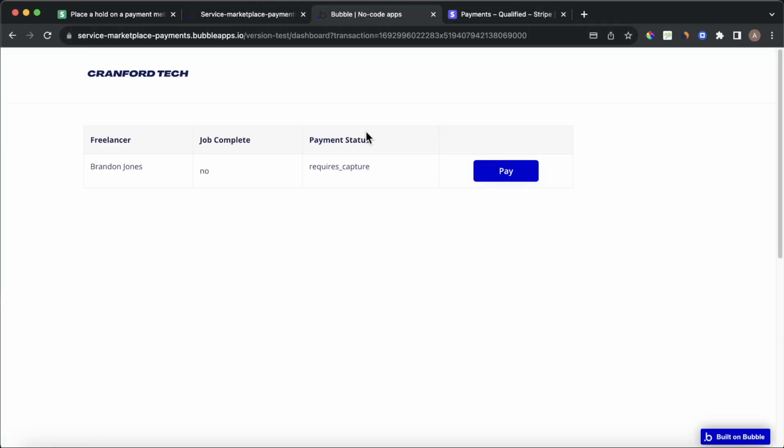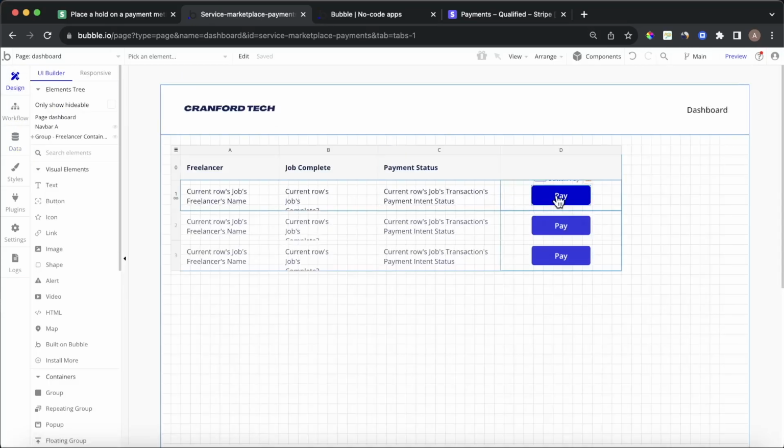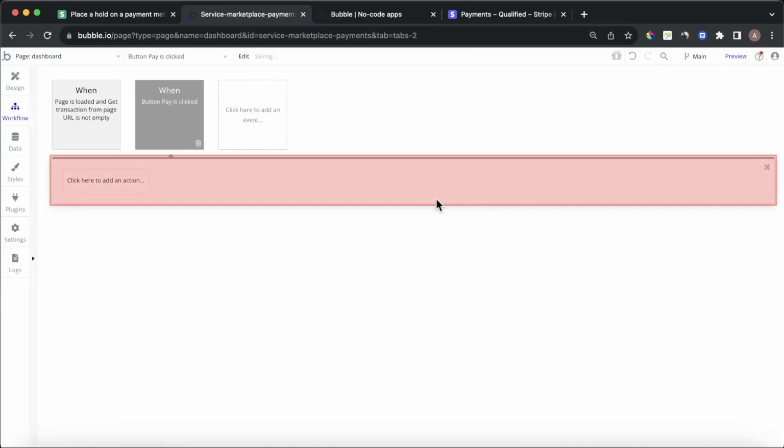So let's say we have a bit of back and forth with Brandon, our freelancer, and we're happy with his work and we want to pay him. We're going to need to do this within 7 days, because again, this will expire after 7 days. But what we can do is build a workflow here that will pay Brandon, the platform will get their cut, and then we're also going to update the status. So I'm going to go back to my dashboard and add